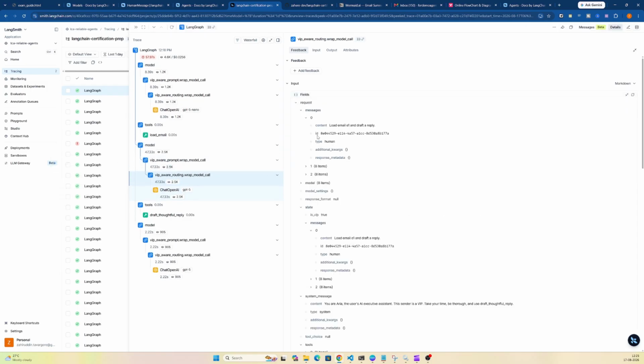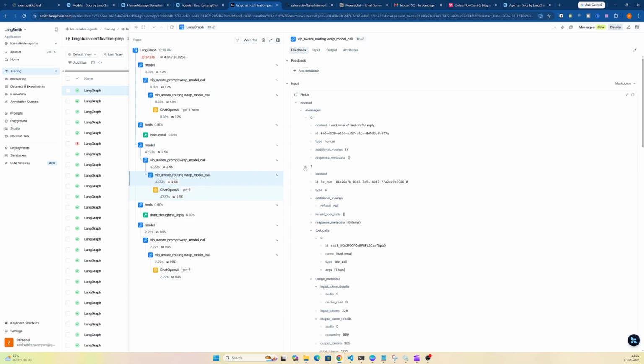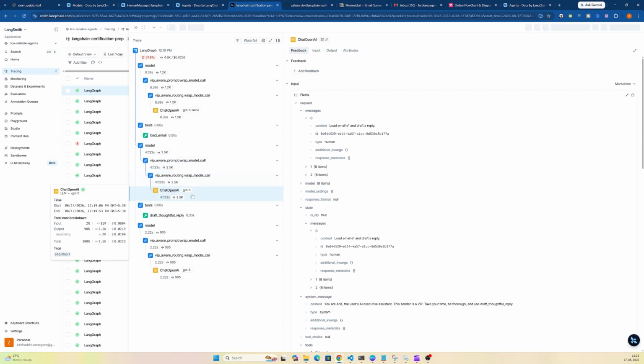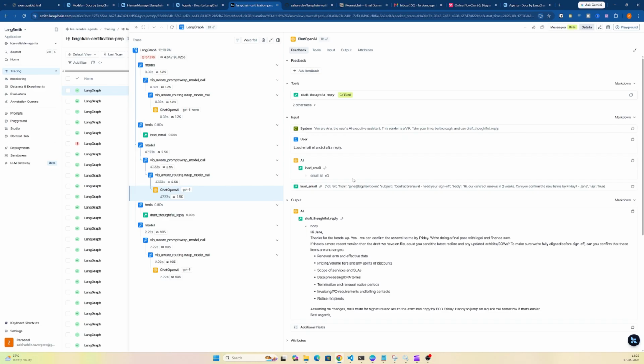You see the state has the messages from the chat history, which is basically what tools were called, the original message and all of that, but it also has the state, and as you can see, the is VIP is true. So that's why the VIP aware prompt wrap model was invoked. And as you can see here, if you go back here,